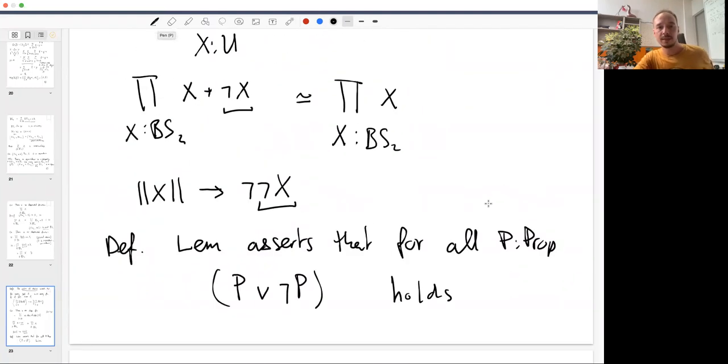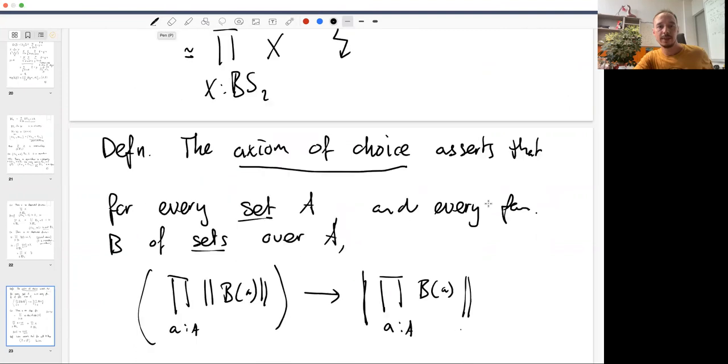So the correct way to assume the law of excluded middle is to restrict it to propositions. And the correct way to assume the axiom of choice is to restrict it to sets, which is also very natural, given that the axiom of choice has been for 100 years an axiom about sets. So it's not really a surprise that you have to make some restriction. Okay, that's it for today. We have some extra time for questions.